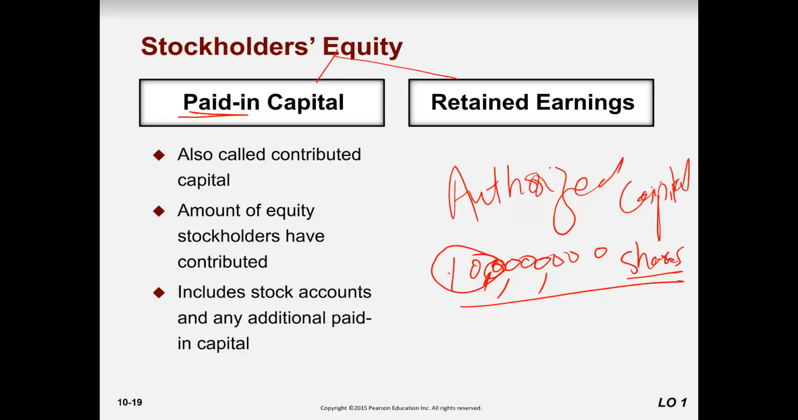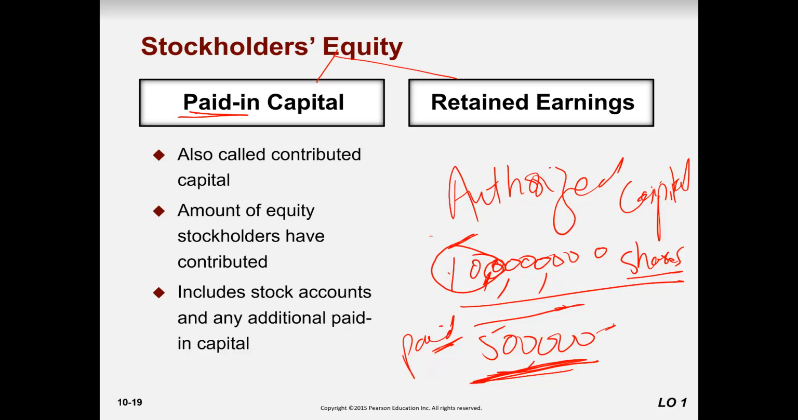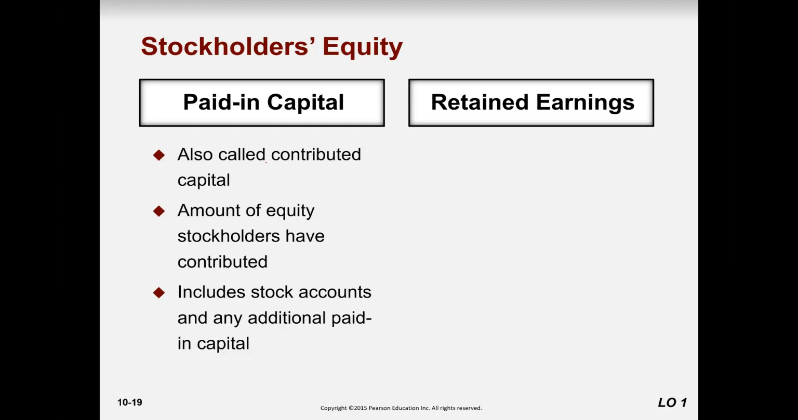You are allowed to issue shares here, but the company issued only 500,000 shares. So this is called paid in. So how much can the company further raise? 99.5 million, because 0.5 million shares are already issued. Issued means you receive the cash against those shares, paid in. All right. So we also call this contributed capital, the amount of equity the shareholder has contributed, which includes stocks and any